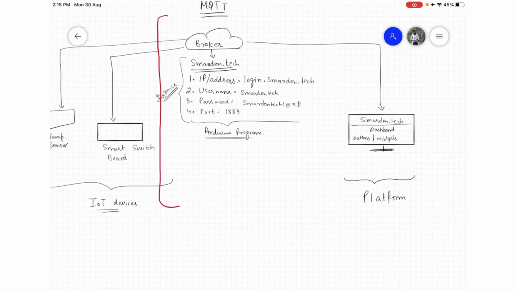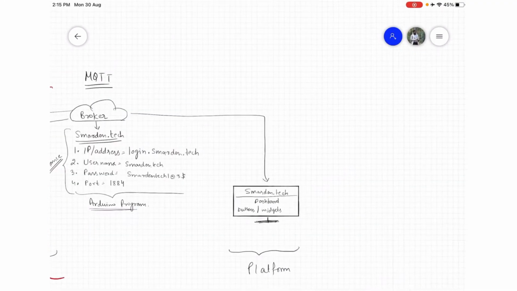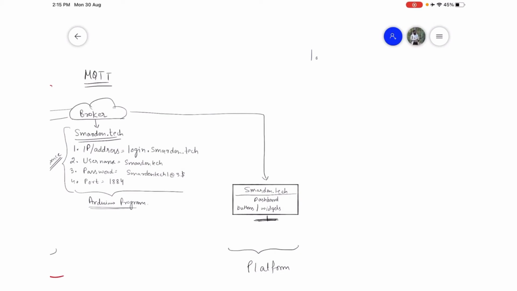So let me explain you the different terms that we use in MQTT. So let's write down the terms. The first one is client ID. Second one is the payload. Third one is topic. Fourth one is publish and subscribe.